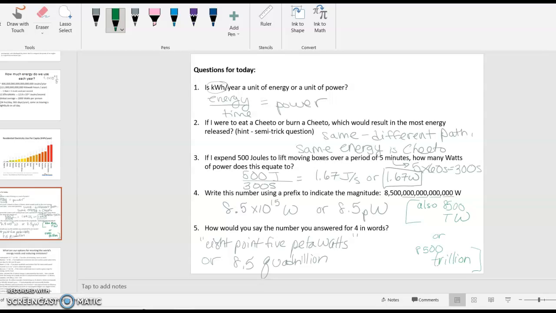So if you eat it or burn it, you still get the same amount of energy out. Number 3, 500 joules. We want to divide. To get a watt, we need joules per second. So I divided 500 by 300 seconds, which is 5 times 60. That's how many seconds are in a minute. And for the last one, depends how much you move the decimal points, but the answers are either 8.5 petawatts or